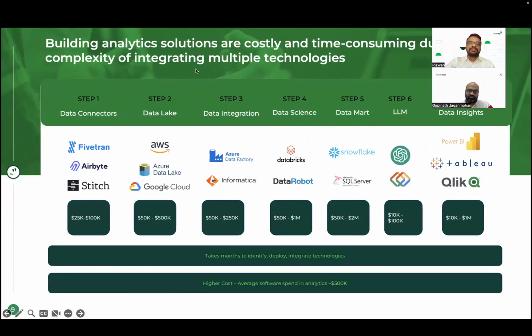So per se, you are having data connectors to pull all the data today. We have to have at least 7 different tools that organizations are deploying with multiple different connectors: your data lakes, data integration tools, and then the data science layer, the data mart, the LLM, and the visualizations.